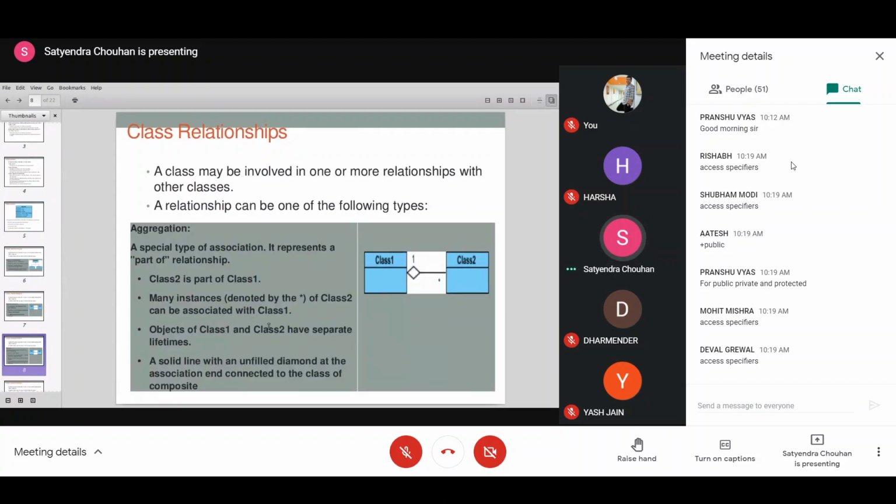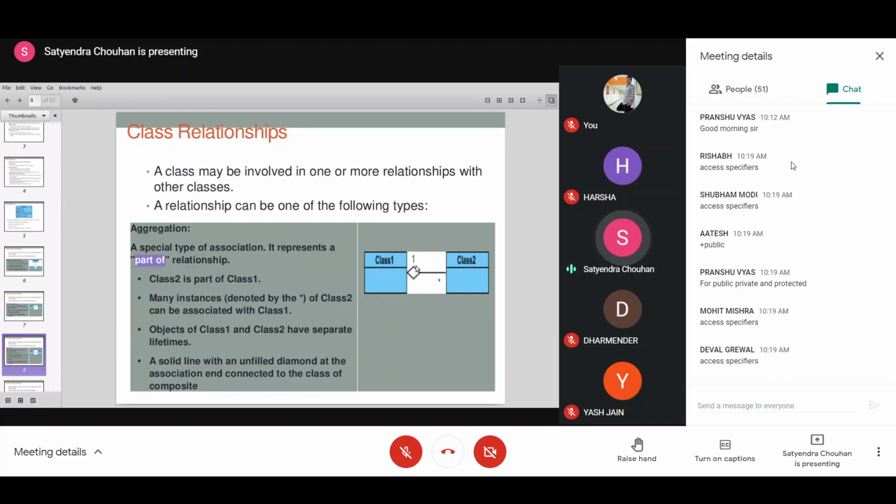Aggregation. So in the case of nested classes, you actually use the aggregation concept, or the part-of relationship. In a part-of relationship, when one class is part of another class, it is shown by a diamond head.